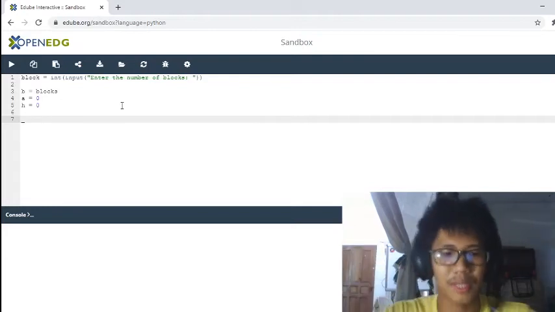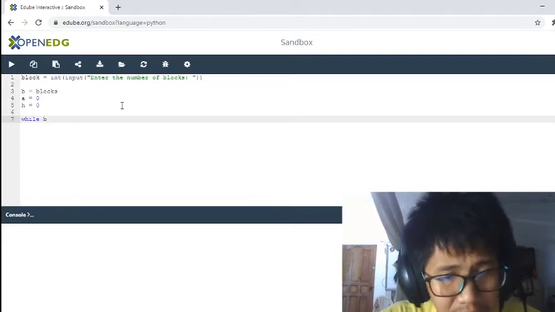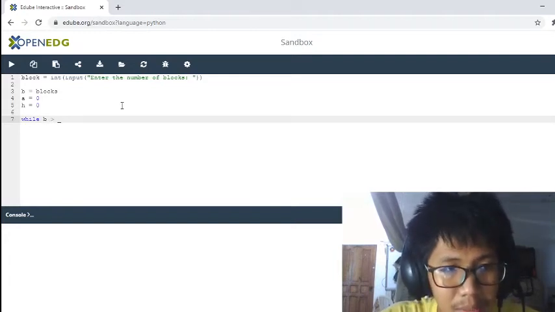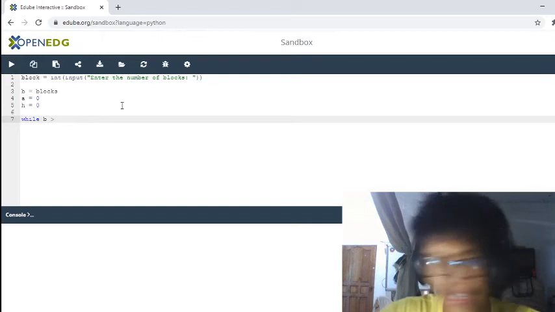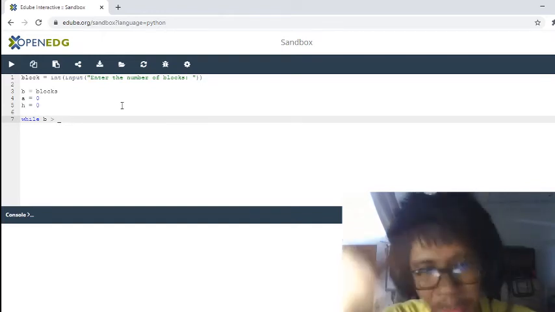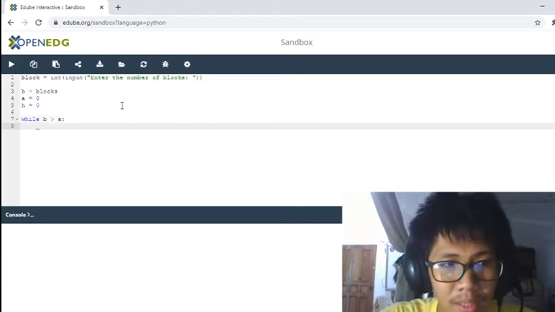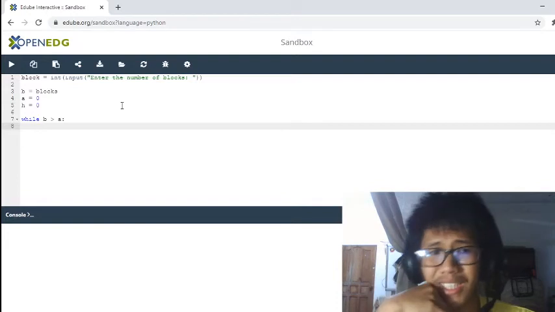Okay, so let's go with that idea. So while b is greater than the Fibonacci number, we don't have that, right? Because height is the number of the nth element. So we have another arbitrary variable there. So let's just say a. So while the blocks is greater than the Fibonacci number,